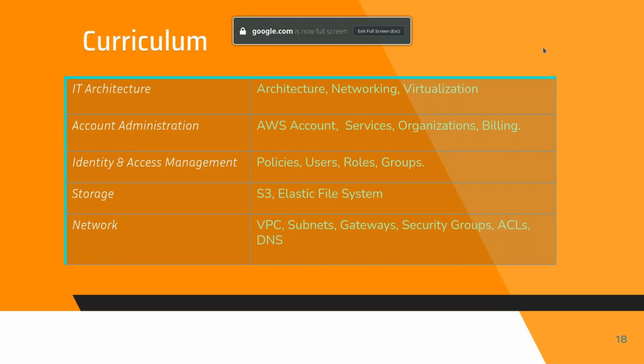First, even before you understand the cloud, or even before you go to AWS, you need to understand IT architecture. When a company creates a website, what does their architecture look like? And you need to understand the networking components. What is an IP address? What is a virtual network? What is a subnet? All these things we'll talk about. And just like I gave you an overview on virtualization, we'll talk about the theoretical aspect of virtualization.